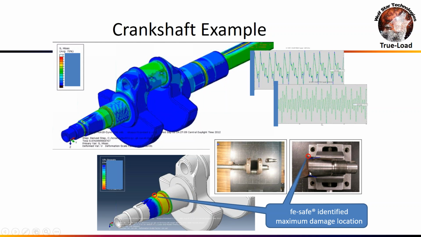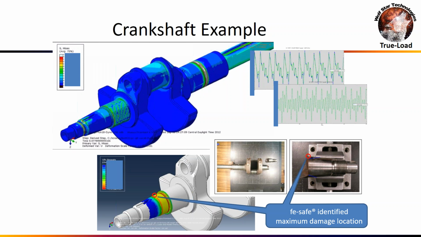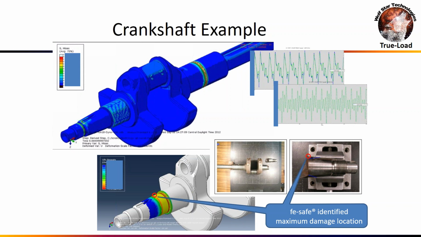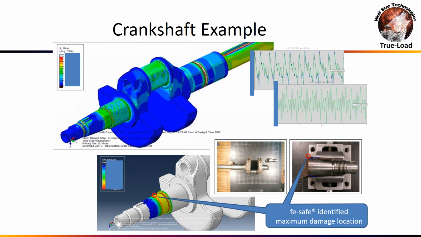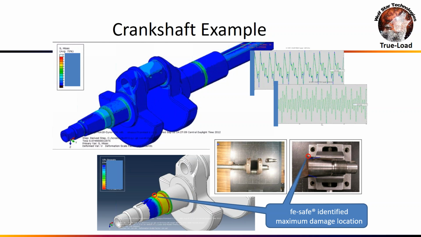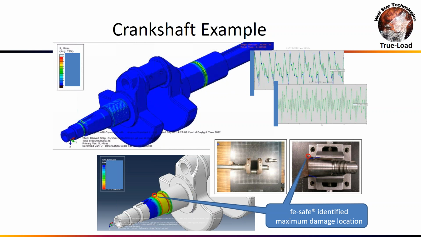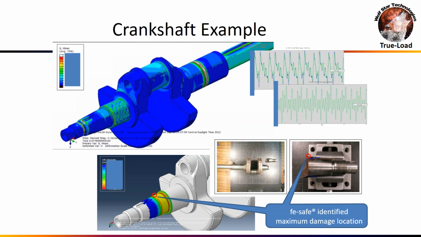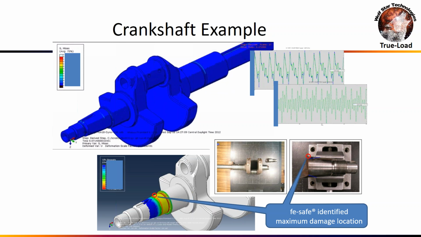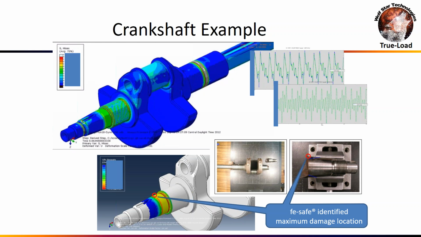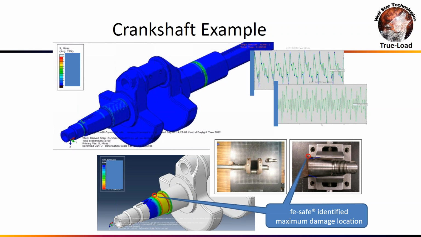So this is a really nice example. This company was working on this for two plus years, couldn't come up with the answer, and I was able to work with them, and in 6 days we came up with the loading conditions that caused this failure. What I like to say about this is that these engineers had all the unit loads. They understood the loading coming in. So they had the ingredients, they just didn't have the recipe. What TrueLoad did, TrueLoad provided them the recipe and how to mix all these loads together to create the proper loading conditions to reproduce the failures on their part.